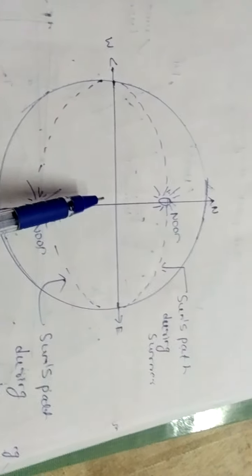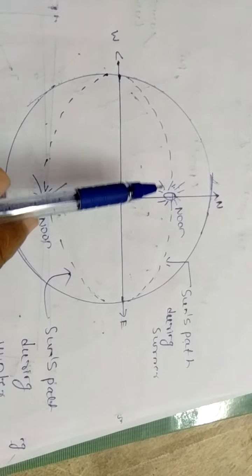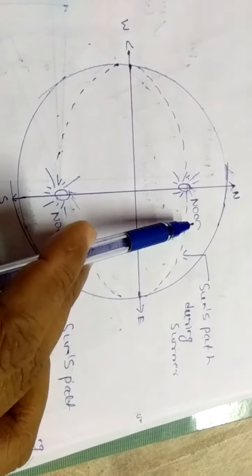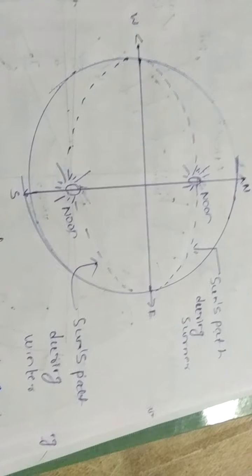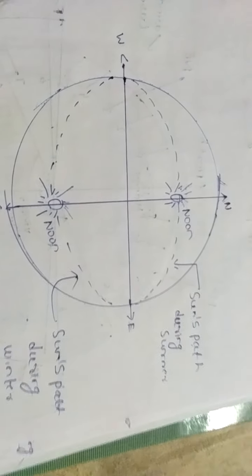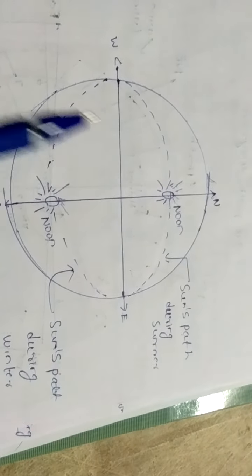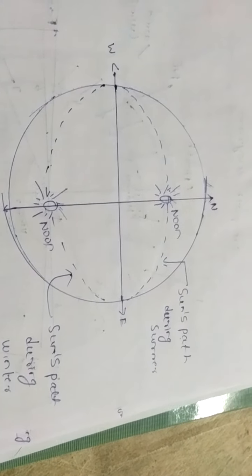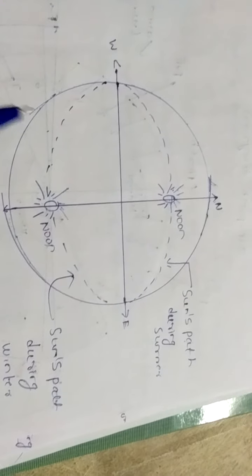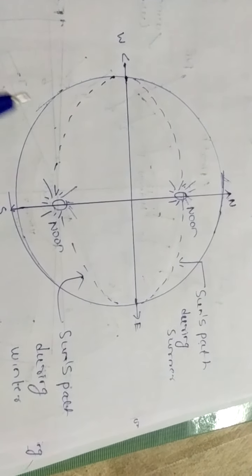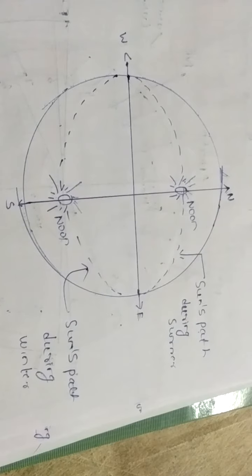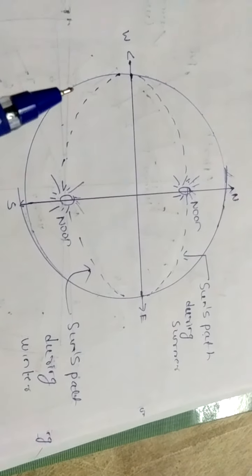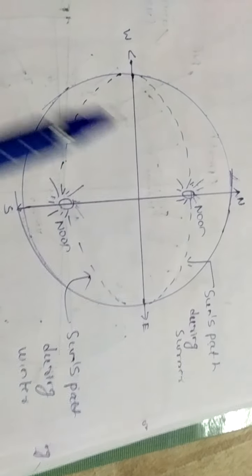So coming from the previous video, as we have discussed about relating the two figures for the sun's path during summer and the sun's path during the winter. As I told you earlier in that video itself, this sun path diagram is used for two purposes. One is for better harnessing, better tapping or better utilization of the solar energy. Secondly, for the orientation of the building. So let us now consider how we have to tap the solar energy.